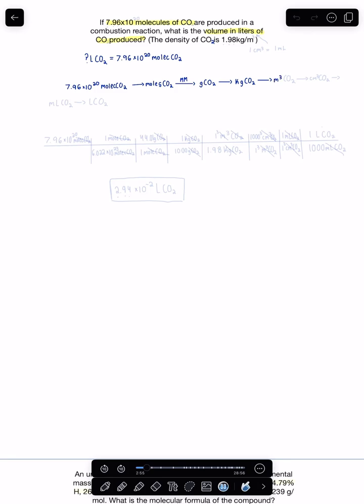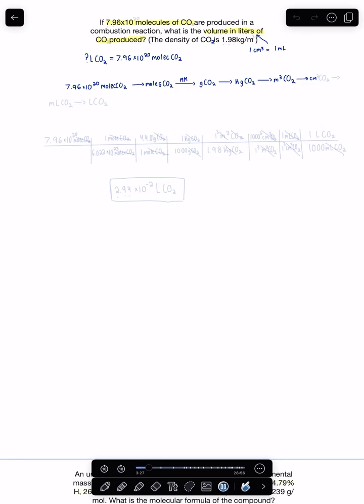This is where it gets a little bit tricky. I know that 1 centimeters cubed is equal to 1 milliliter. And since we eventually want to end up in liters, I'm going to use this conversion factor in order to get there. So meters cubed of CO2